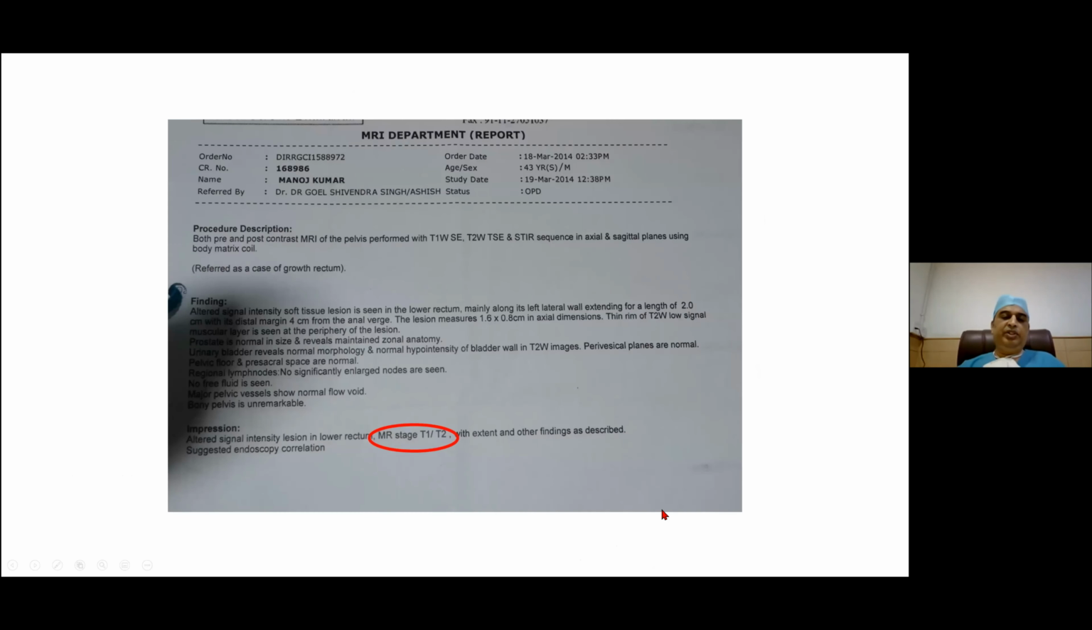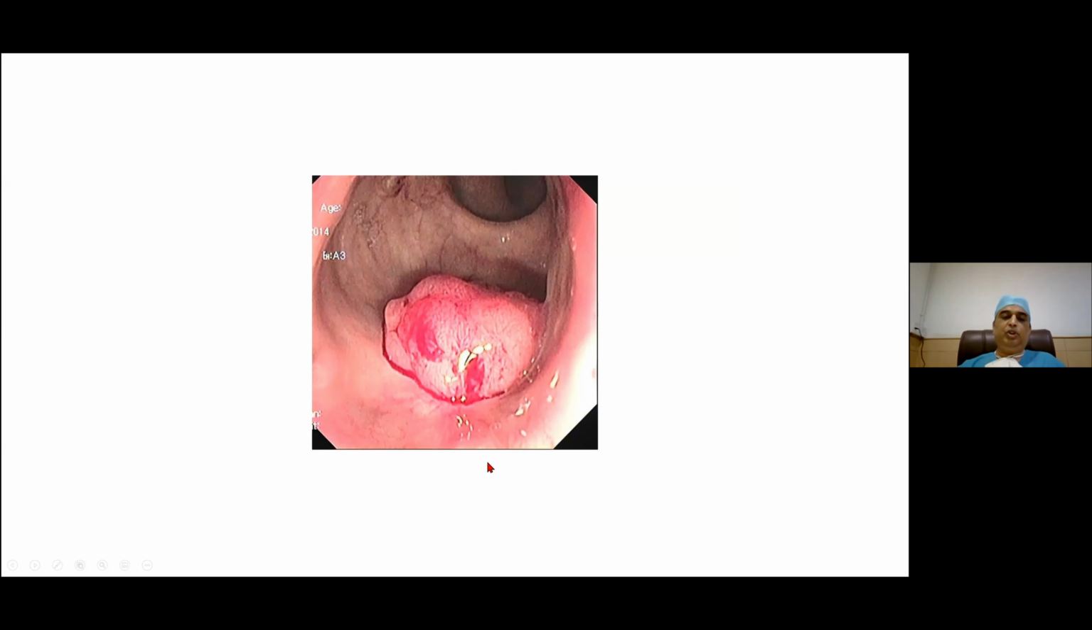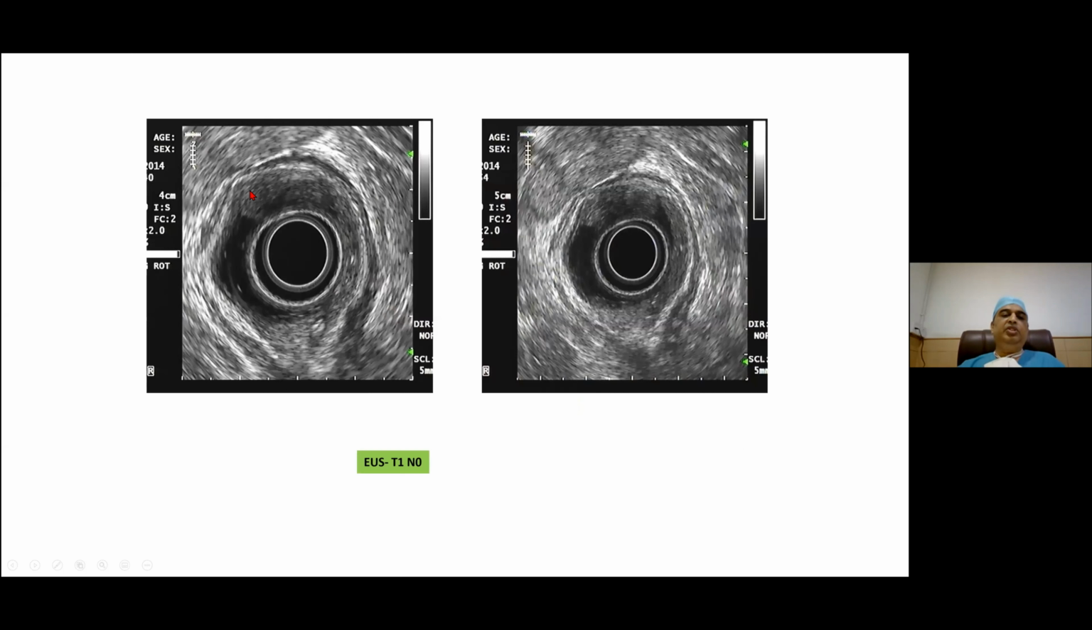This is one of our patients in whom MRI staging showed either a T1 or T2 lesion. We did a transrectal endoscopic ultrasound. It was found to be a T1 lesion. This was an endoscopic transrectal ultrasound, and in this it was confirmed that it is a T1 lesion and the muscles